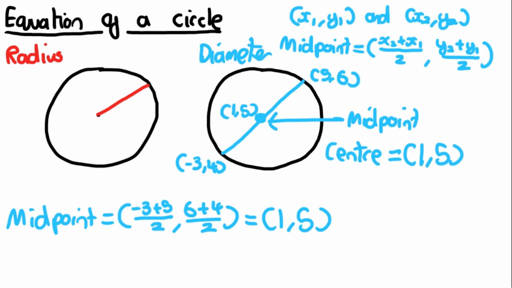Now, I never really use this formula unless it's really complicated fractions or surds. I usually just do it in my head, and the way I do this is I add a value to the smallest coordinate, and I minus the same value from the biggest coordinate. For example, if I'm trying to find the midpoint of -3 and 5,